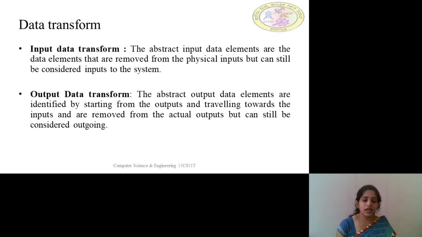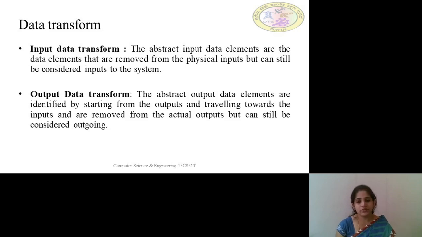So this is the way we have to identify the most abstract output data. In both the input data transform as well as the output data transform, we have to identify the most abstract input elements that are removed from the physical inputs that can still be used as an input.